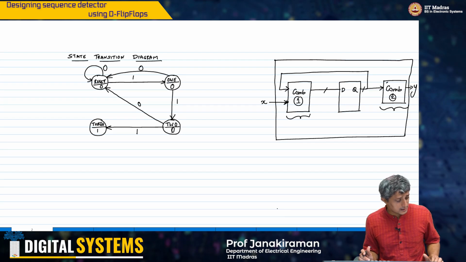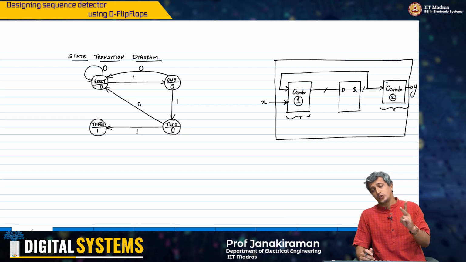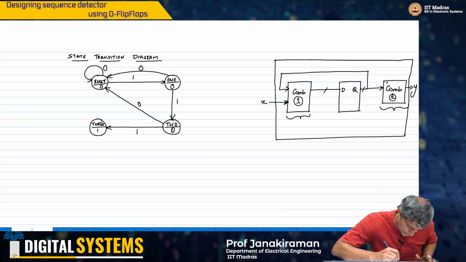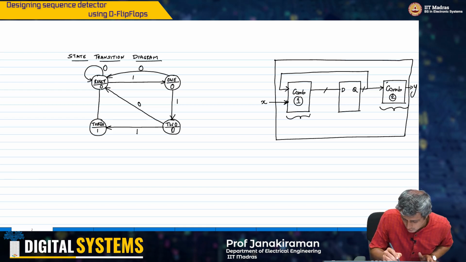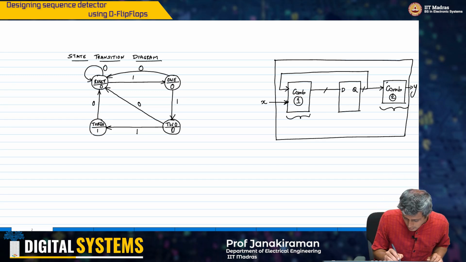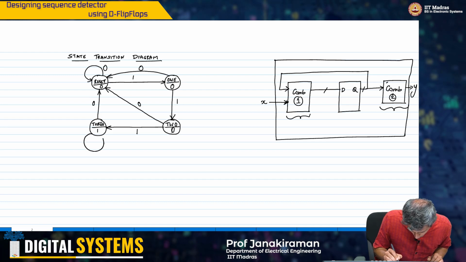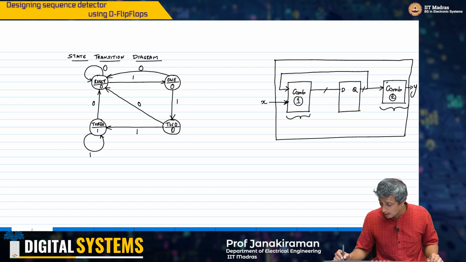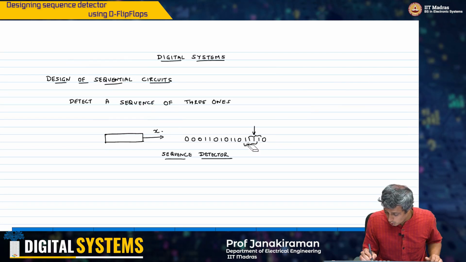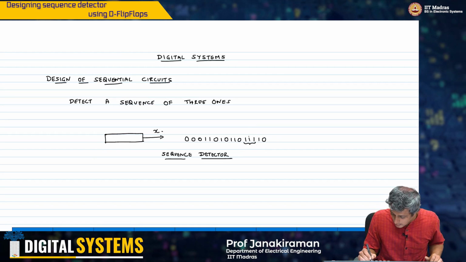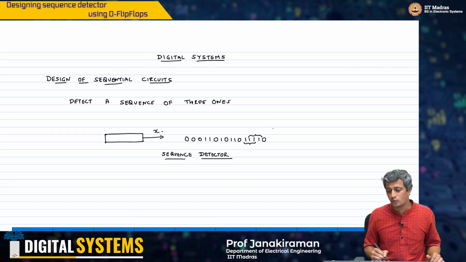Now at state 3, there are 2 things that can happen. You can get a 0, that means you go back to the reset state, 0, okay, and if you see another 1, it means you are going to continue to be in the state 3. Why? Because you saw 3 ones here and now you are continuing to see another 1 here,